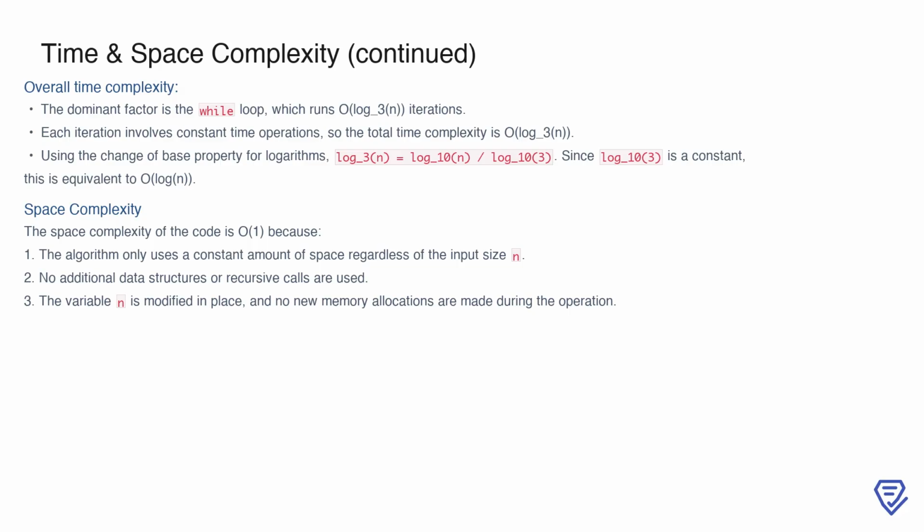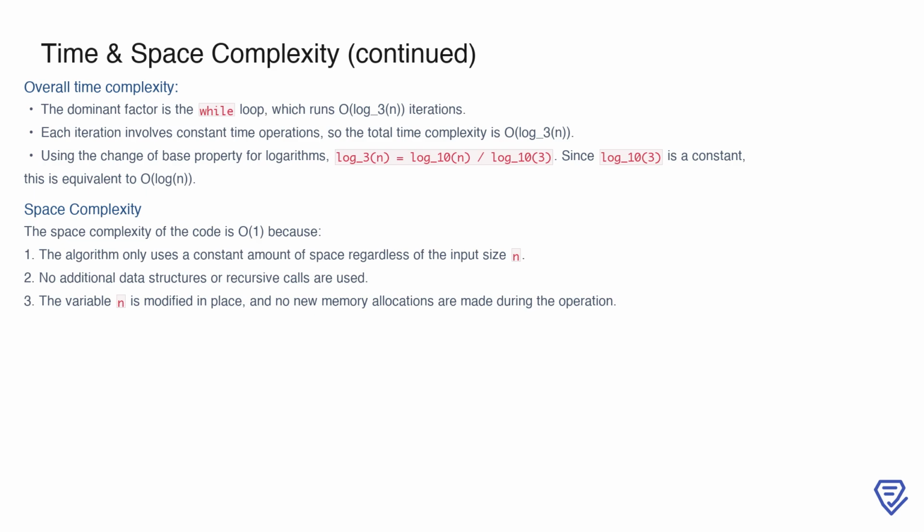For the space complexity, the algorithm is highly efficient. It operates with O(1) space because no additional memory is allocated during execution. The input variable n is modified in place, and no extra data structures or recursive calls are utilized. This means the space usage remains constant regardless of the value of the input, making the algorithm both time efficient